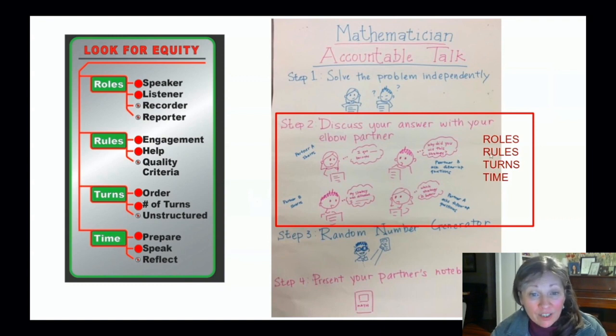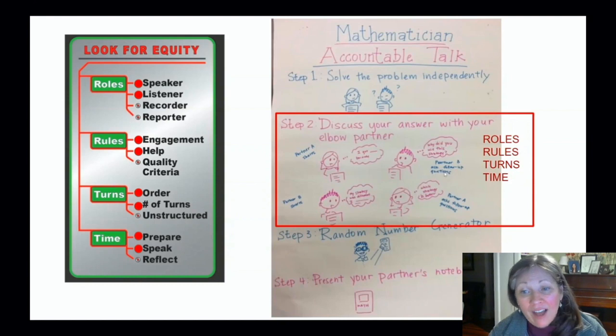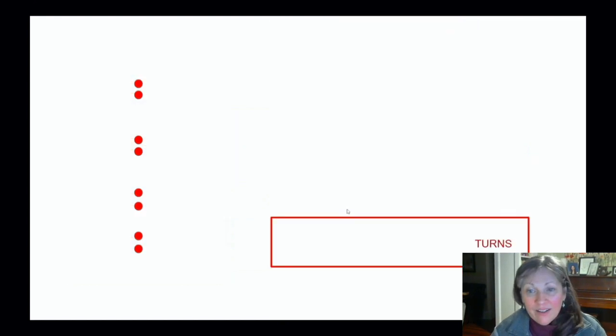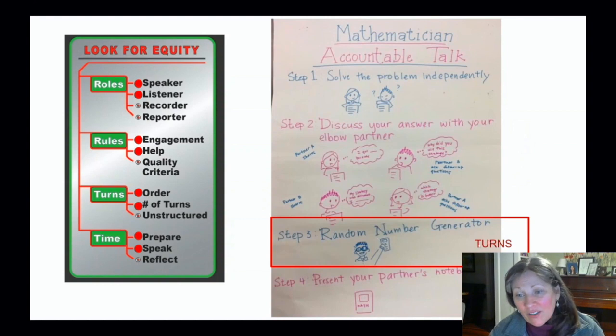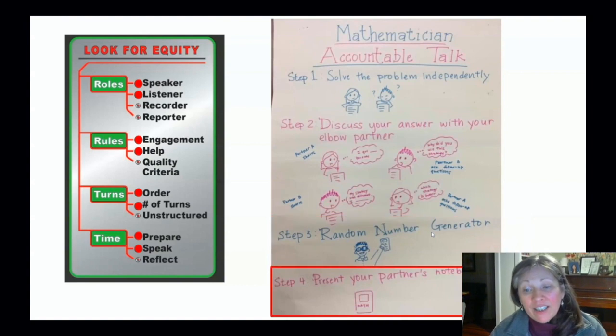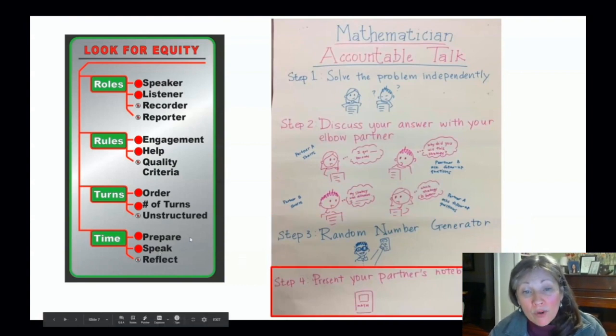The rules for engagement are clear because she has a sentence stem and she has the purpose, who's sharing, and what you're listening for. They're going to ask a follow-up question. The turns are clear: who's going first, who's going second, and what the reply will be. And there's time for both speaking and listening. Then the teacher is going to control turns by using a random number generator, and finally having a reporter speak out. So the role in that last one is identified.